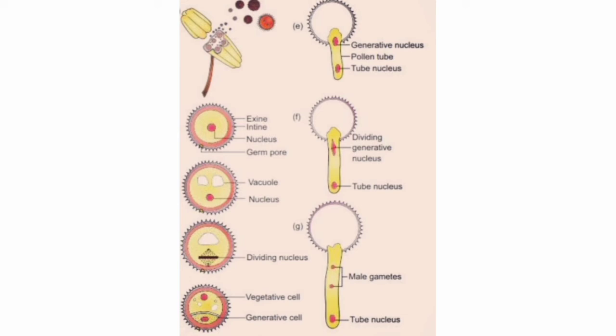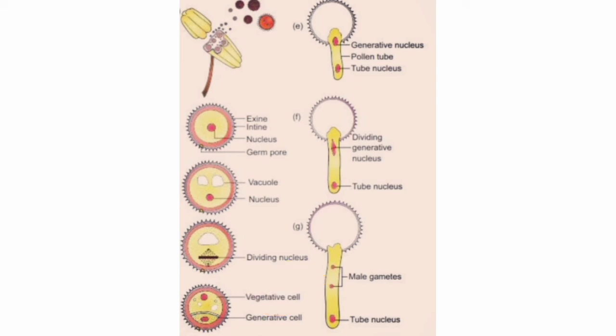So in most angiosperms, about 60% of angiosperms, fertilization happens with this 2 cell stage alone. But in 40% of angiosperms, this 2 cell stage will undergo one more mitotic division, so that the generative cell, due to mitosis, the multiplication division, will result in 2 generative cells. So now these 2 generative cells along with one tube nucleus appear as 3 cells inside the pollen tube, and this stage is called the 3 cell stage in angiosperm plants.